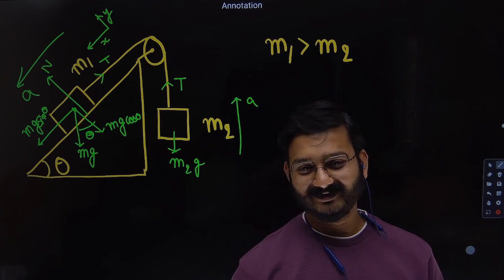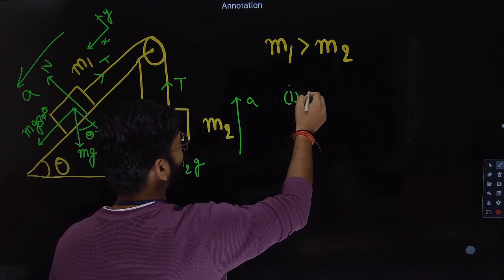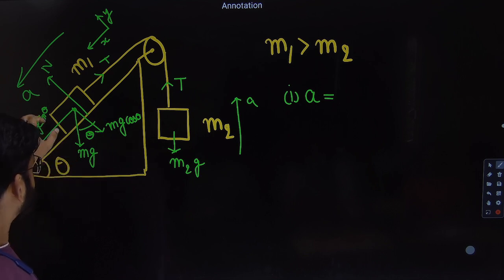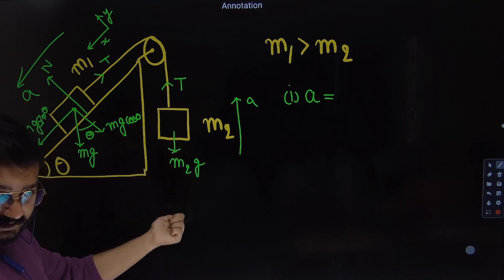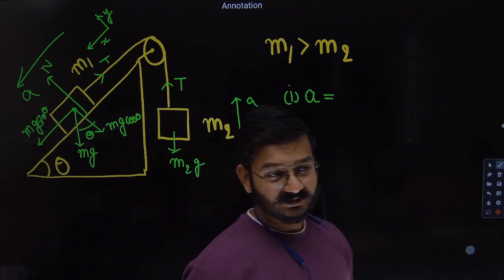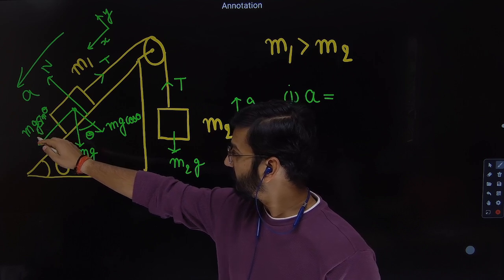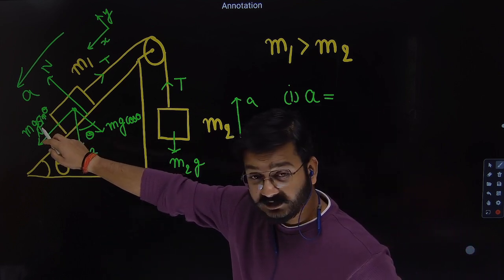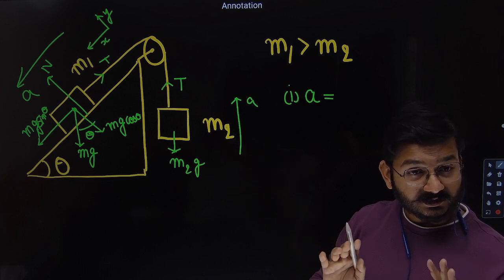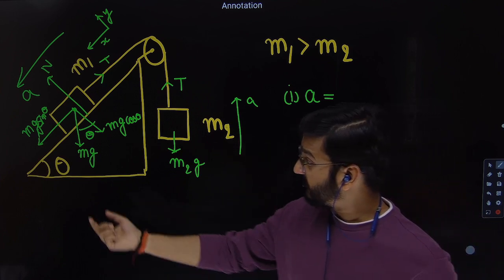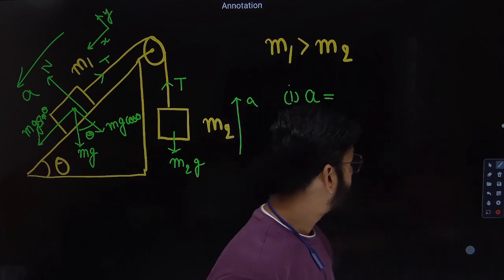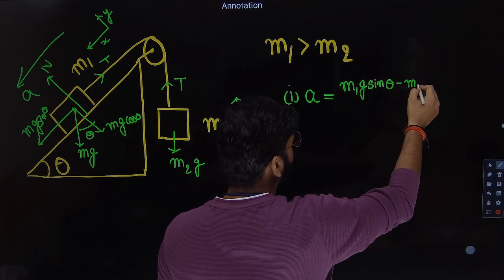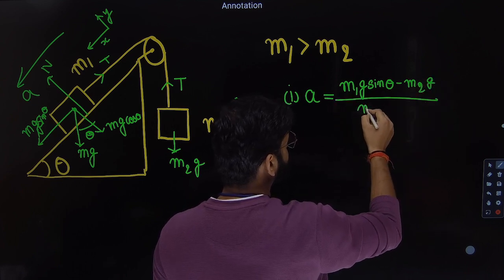Find acceleration and tension. Find acceleration. All of you see here. Where is the system moving? Down the inclined plane. So this one is pulling down the inclined plane and this one is pulling down like this. So which force will win? M1g sin theta. So what is the net driving force? M1g sin theta minus M2g. Clear? I'm repeating again. So acceleration will be M1g sin theta minus M2g divided by the total mass,